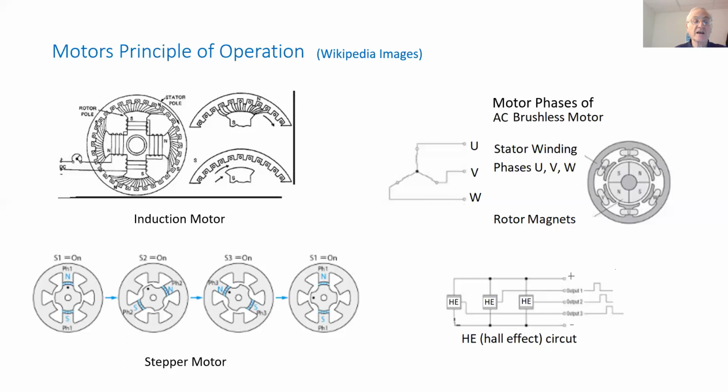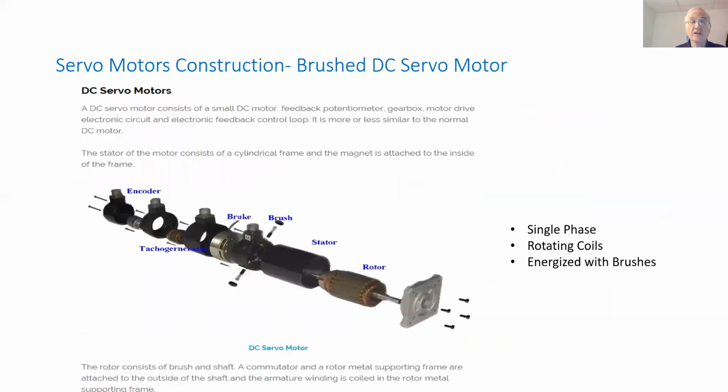Over here we see another example of a motor, a stepper motor. We see the rotor has a magnet and the windings are on the armature, the stator. And when, for example, we charge phase 3, then the magnet will line up with the phase. And when they switch the phases, the magnets will follow and the shaft of the rotor will rotate.